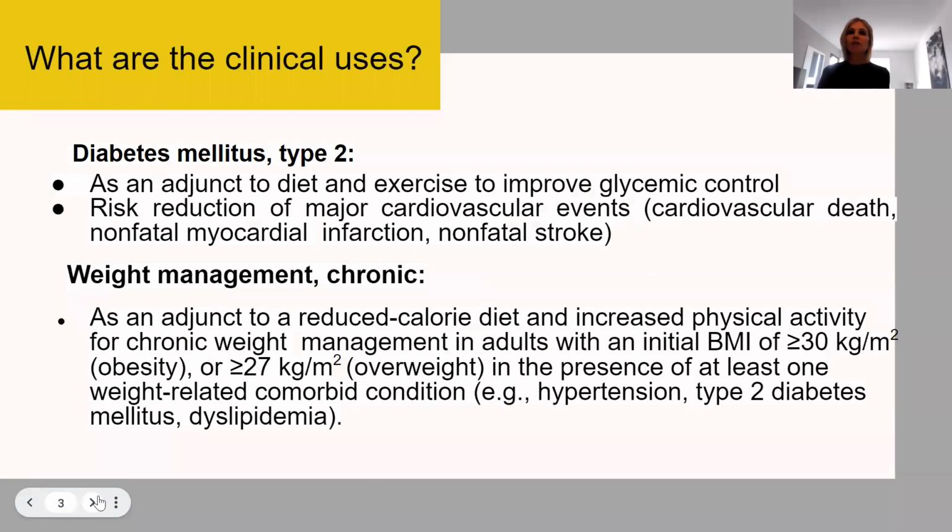So the clinical uses, like I said, it is approved by the FDA for type 2 diabetes and chronic weight management. In the studies they did, they demonstrated that the optimal outcomes are when you add it to a diet and exercise regimen. Type 2 diabetes is such a chronic inflammatory disease state with so many associated risk factors, so there's going to be a significant reduction of major cardiovascular events,